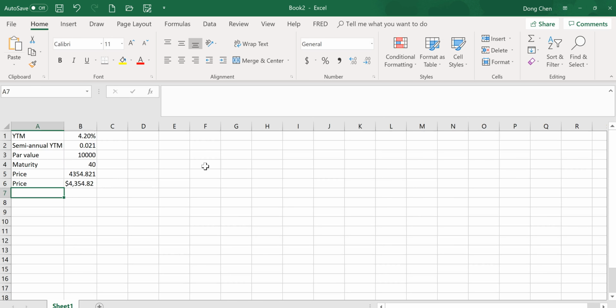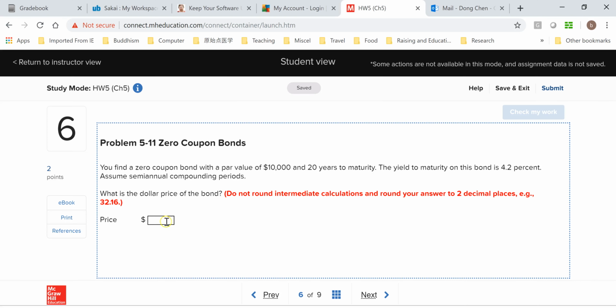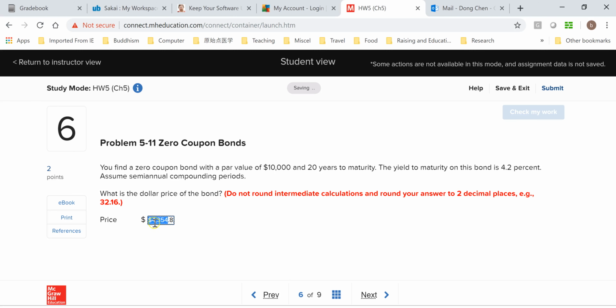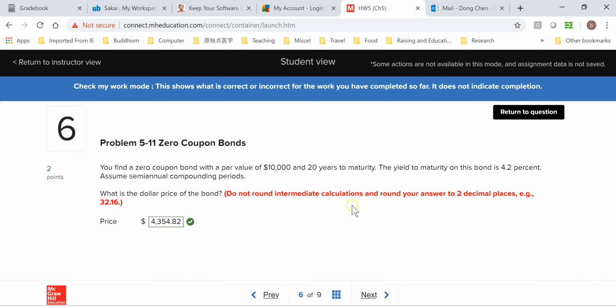And you can see that these two numbers agree with each other, so you can copy either of them. So I copy this one back to the answer screen and check my work. Okay,